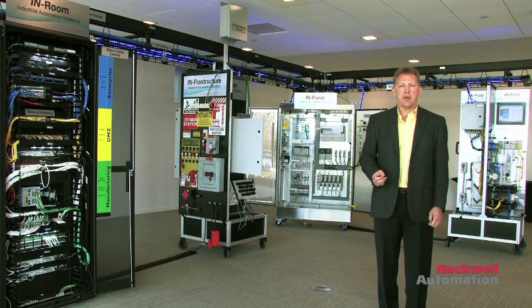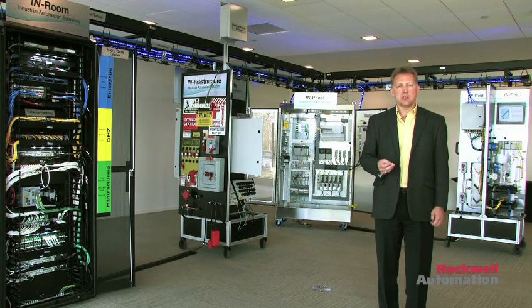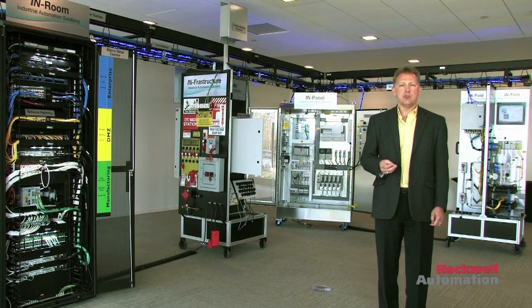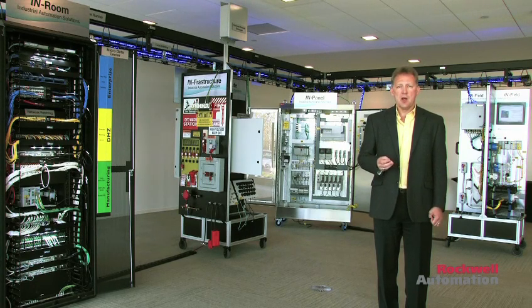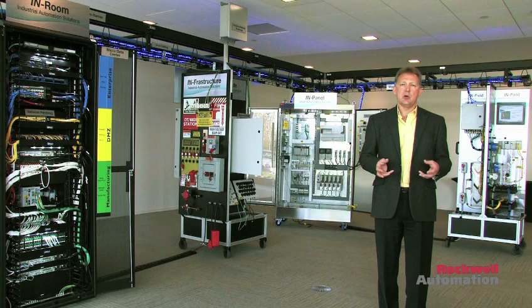Panduit, Rockwell Automation, Cisco, and Fluke Networks have come together to form an ecosystem, an EtherNet/IP plant-wide network infrastructure ecosystem, to provide collateral to help customers successfully design and deploy a robust, future-ready, as well as secure EtherNet/IP network infrastructure. The whole purpose of this is to help customers be successful in network convergence,